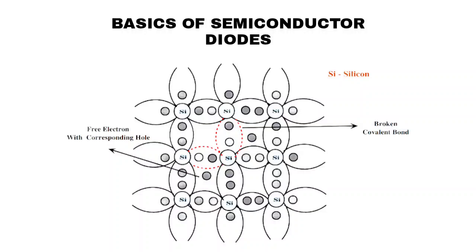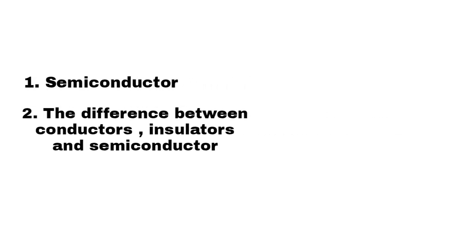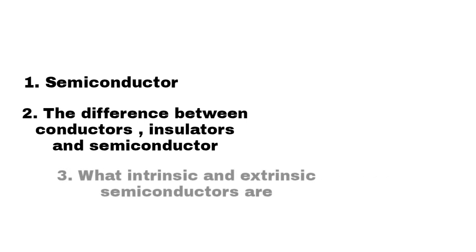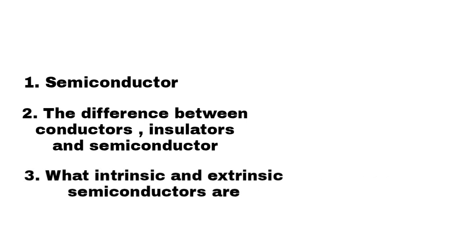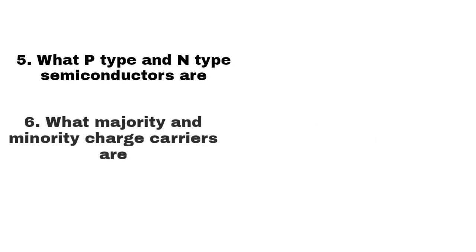In today's class, we are going to begin our study of semiconductor diodes. Before we understand how a diode works, we first need to understand some basic concepts about semiconductors. By the end of this lecture, you should be able to understand what a semiconductor is, the difference between conductors, insulators, and semiconductors, what intrinsic and extrinsic semiconductors are, what doping means, what p-type and n-type semiconductors are, what majority